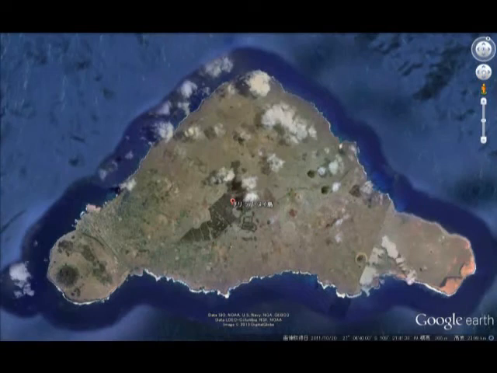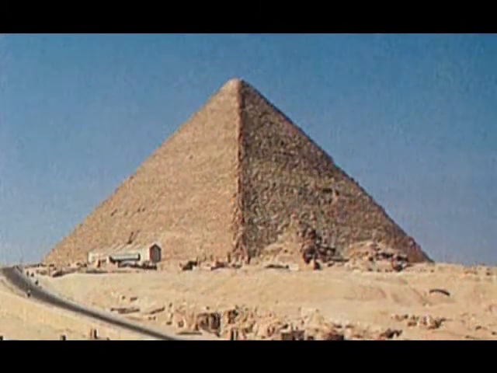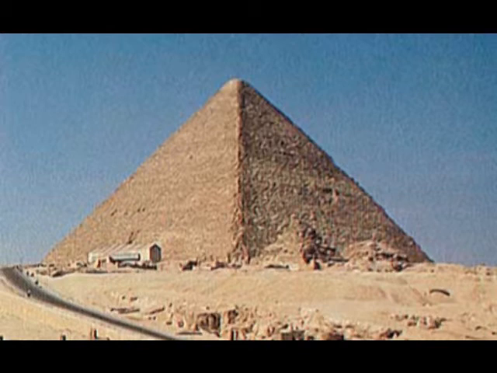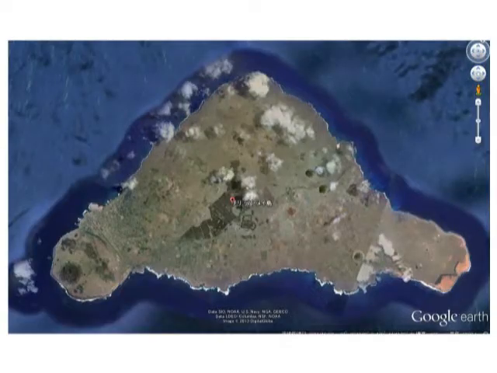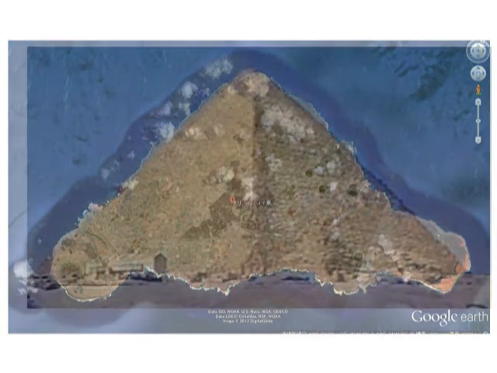Easter Island is very similar to the shape of the pyramid in Giza, seen from the 45-degree angle side. This is the pyramid in Giza, and last year, in 2012, I found this. When I saw this for the first time, I was very much shocked because these two are so similar to each other. And I measured